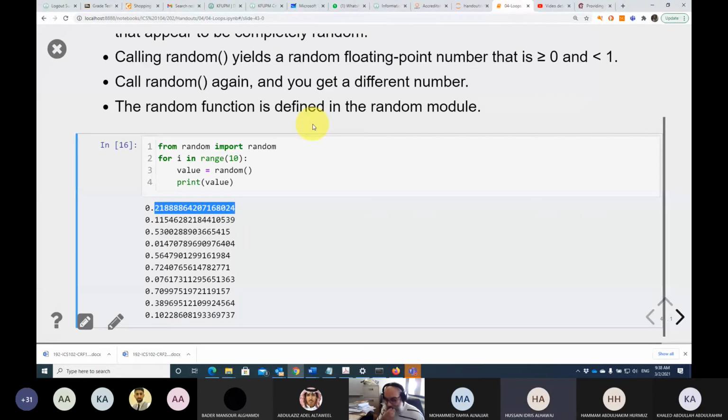Doctor, can you reduce the number of decimals to 2 decimals? What do you think? This is a good question for you, not for me. You can use the format string operator. You can use rand. Well, I don't know about rand, but regarding the format string operator, you can say